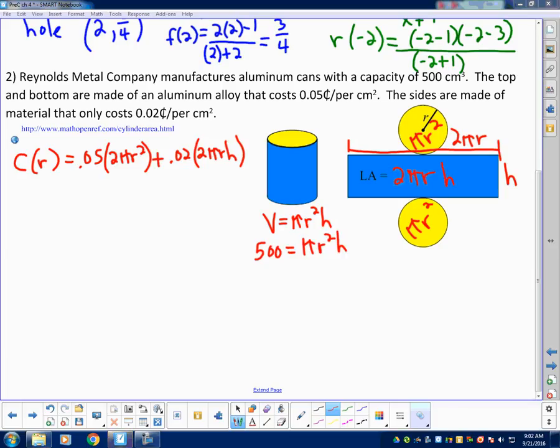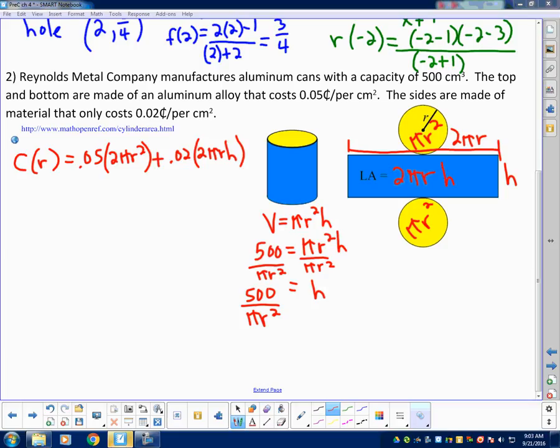And so the key to writing this problem as a rational function in terms of just r is to use substitution. So with that volume formula, combined with the surface area formula, I can solve it for h and plug it into the formula up here. So I would divide each side by pi r squared. So I have h equals 500 over pi r squared. So I start with the volume formula for a cylinder, plug in what's given to me, the 500,